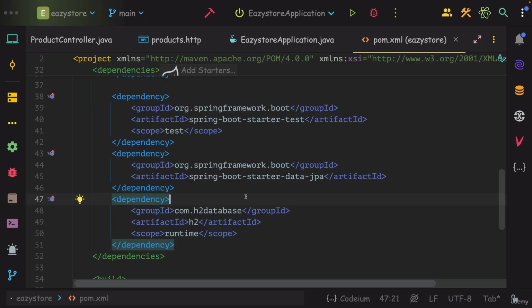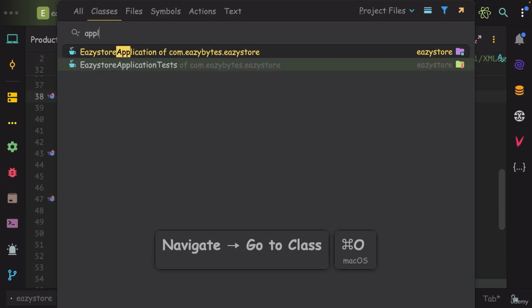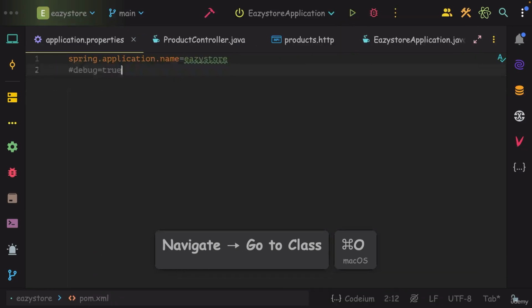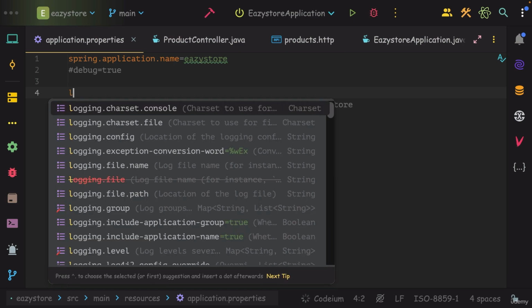I just have to make sure I'm doing a build. Once a build is completed, we can try to start our application. But before we try to do that, I want to add a property inside application.properties file. Let me open application.properties. The property name that I want to add is